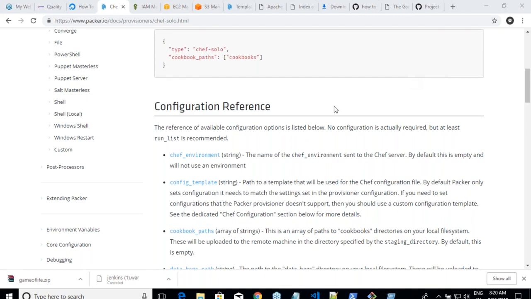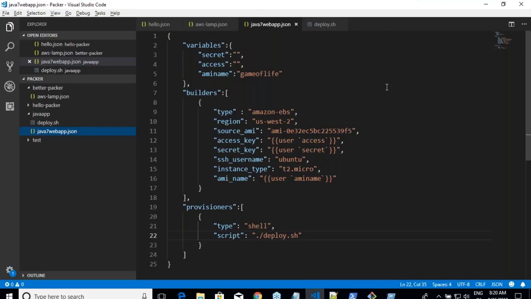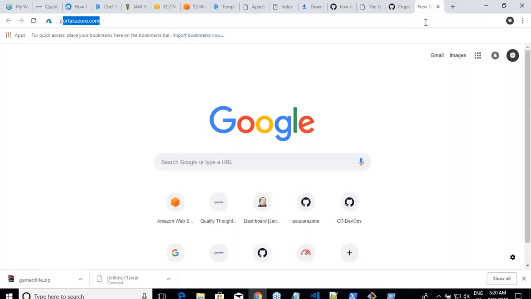Now variables, right? Let us assume that in my file I have 3 variables that I am passing. Let us assume that I have 30 variables. Every time writing packer build -var key=value, key1, key2, key3 till 30 times is difficult, right? So what Packer also gives us is an option called var-file.